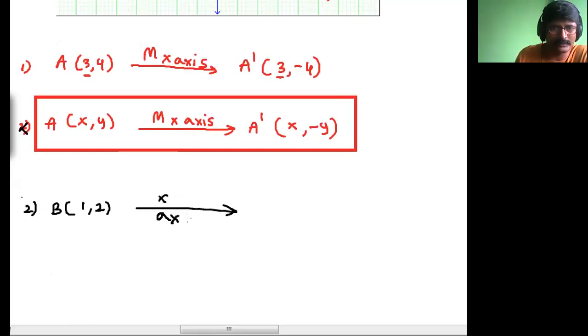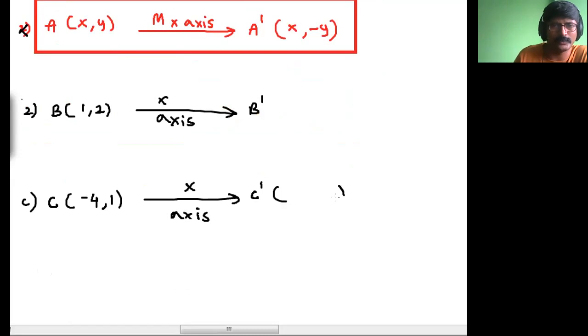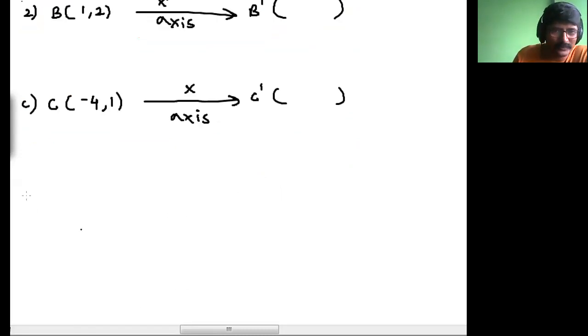You can write something like this, or you can write it like this also, mirror image under x-axis. Figure it out, what is B prime? Then point C. Point C was minus 4 comma 1. When it reflects under x-axis, what does it become? Figure it out. And lastly, every point on the x-axis, say D,